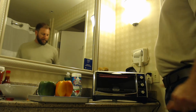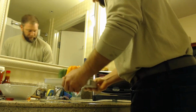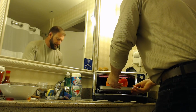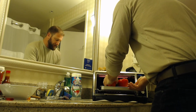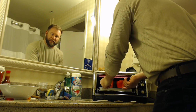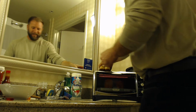Okay, this oven heats pretty quickly because it's small and it's a good model. And I will say that model when they agree to pay me to say that model. Anyhow,